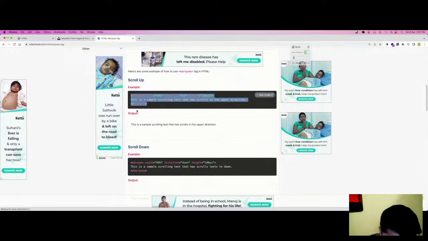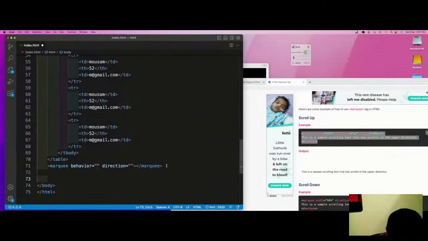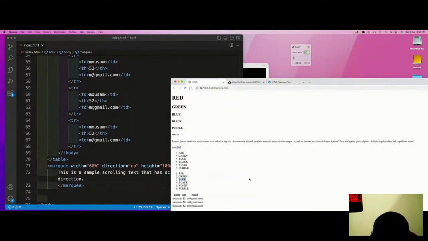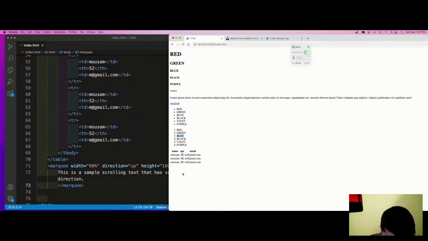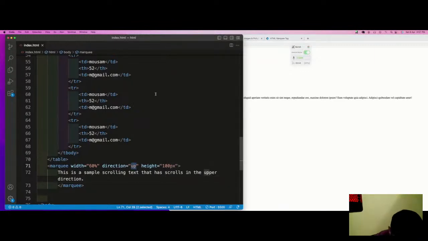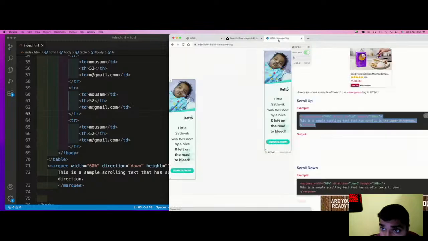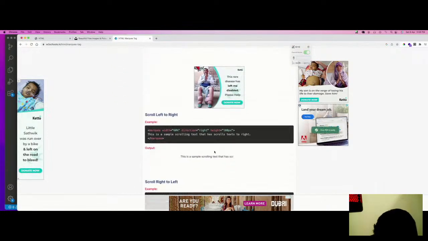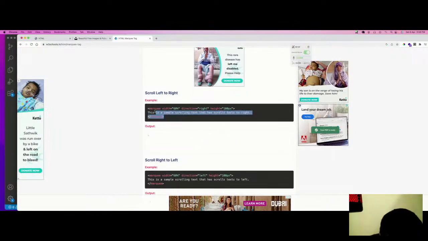Let us copy it and here let us check out how it goes in our thing. See, very good, very nice. Thanks yaar, thanks Abhishek. Now even I understood how it works. So direction up, so let us use direction down also, that will be there 100%. Very good yaar, very good. And which other directions are there in this? Okay, very good.